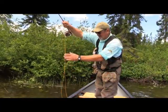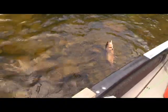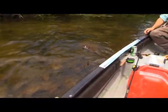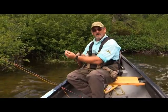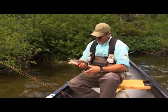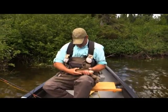There. Look at that. There's a big old good one. Beautiful fish. On the streamer. Come here, big boy. I don't know what they've been feeding on, but I do know they'll eat that zonker. Easy, easy, easy. I don't want to squeeze him. Easy. See if he'll...